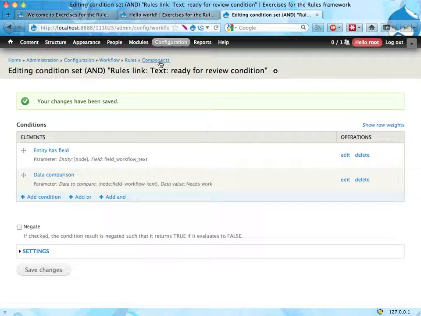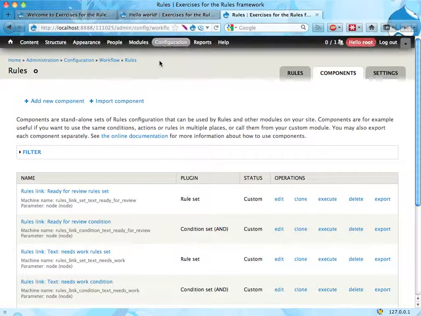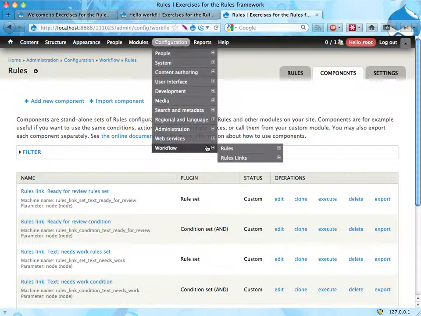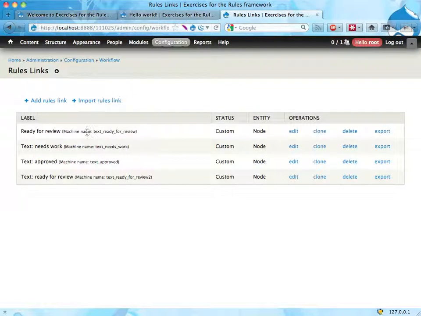Now, that's half of it. If you're watching this screencast, I would recommend that you fast forward like 7 minutes or something, because I'm going to build more rules links here. I'm going to build these 3 links for the legal reviewing as well, the legal workflow. And starting here, so